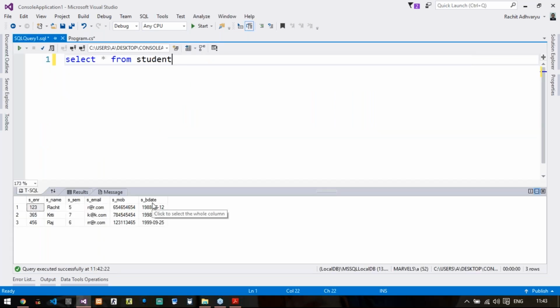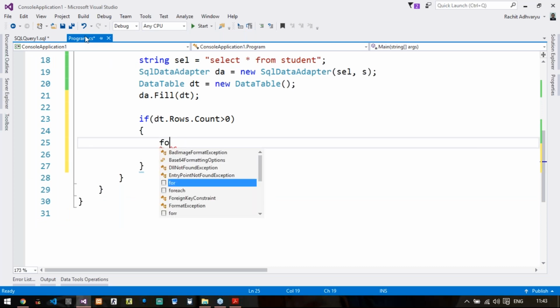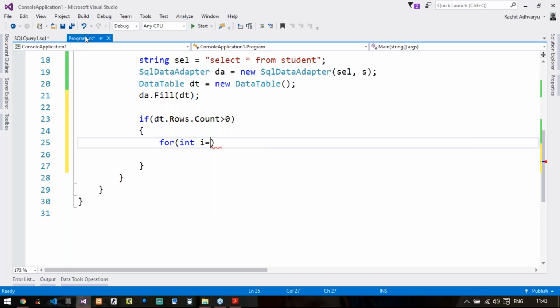I'm using the for loop only for rows, not for any other purpose. So for int i equals 0, i less than dt.Rows.Count, i++. And here I am going to display my data.